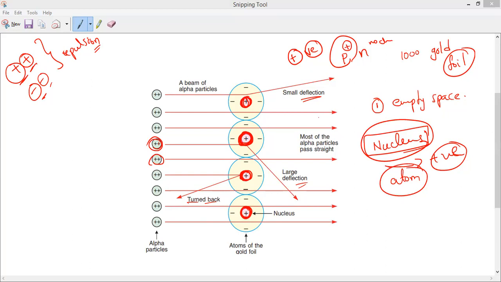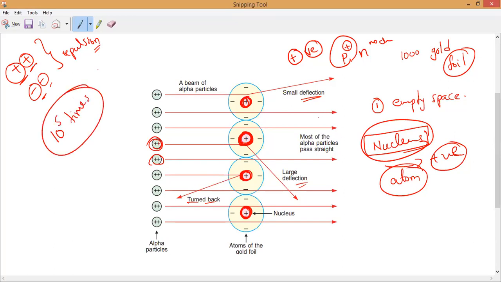And the next one is what? The nucleus is extremely small compared to the size of the atom as a whole. How many times is it smaller? Around 10 power 5 times smaller than the size of the atom. Did you understand, everyone? So these are the three conclusions we can draw from the Rutherford gold foil experiment. One is the nucleus is extremely small, around 10 power 5 times smaller than the size of the